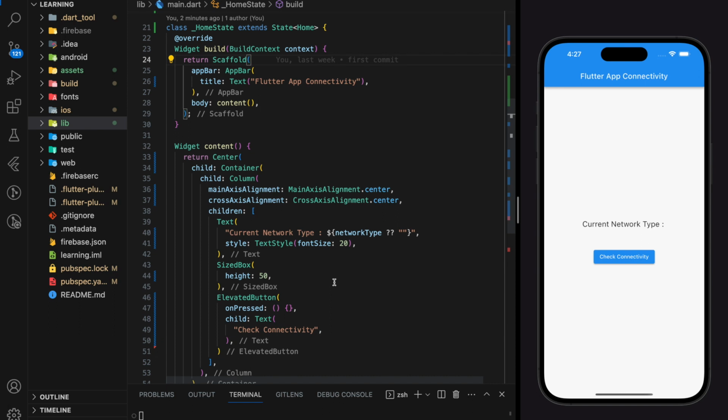Welcome to my channel. In this tutorial, I will be showing you how to check network connectivity in your Flutter